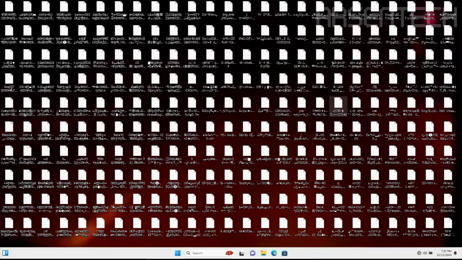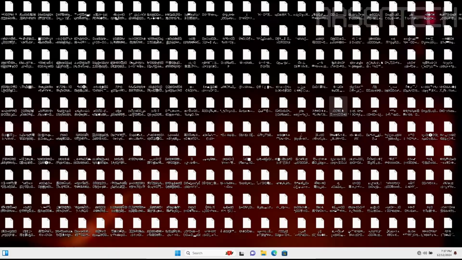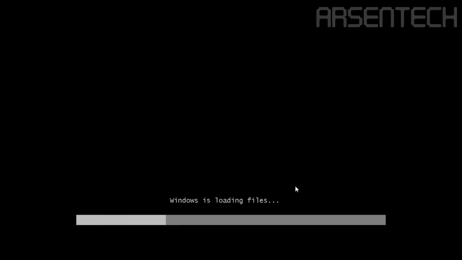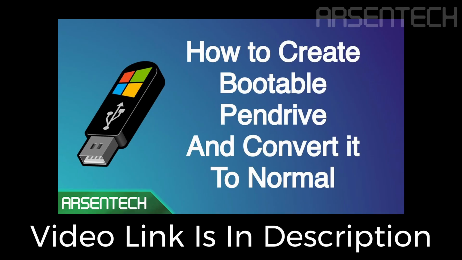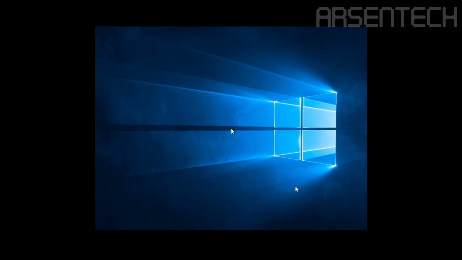After logging in, the desktop should look like this because the desktop has been infected by noescape. But don't worry, I will show you how to remove that malware step by step without using antivirus and without any help. In order to recover this, all you need is a flash drive that has a Windows Pocket Edition. You can get any Windows version's Pocket Edition, make it a bootable pen drive. The video link is in the description, and make sure your PC will boot up from the pen drive, not from the system.